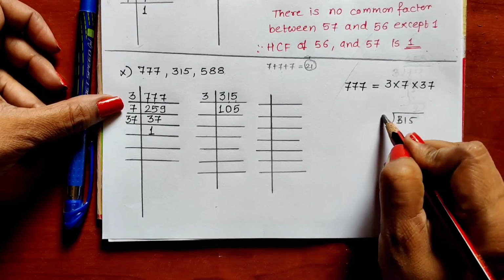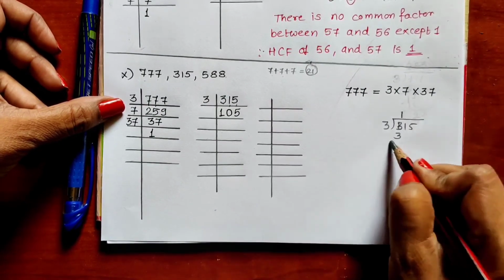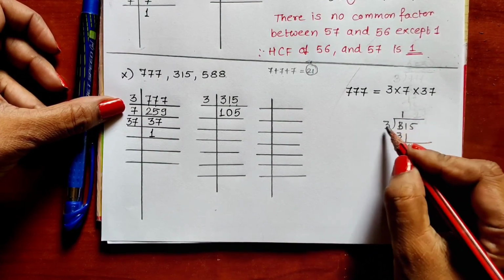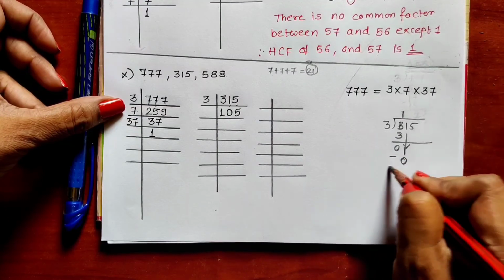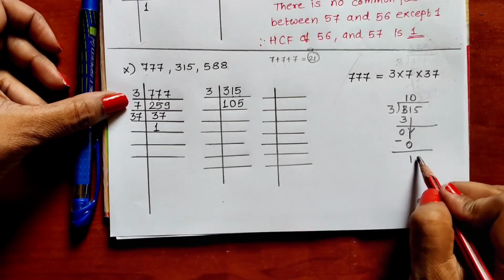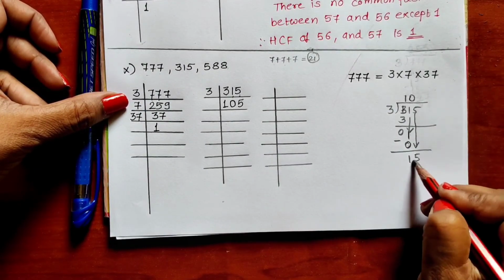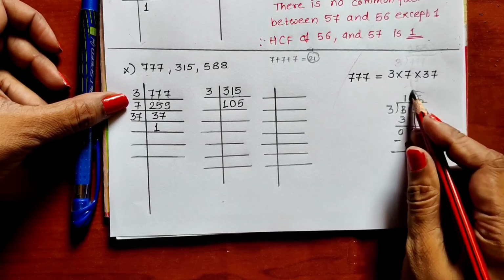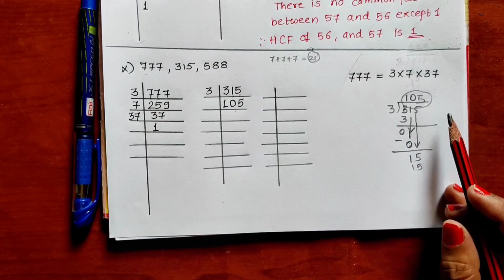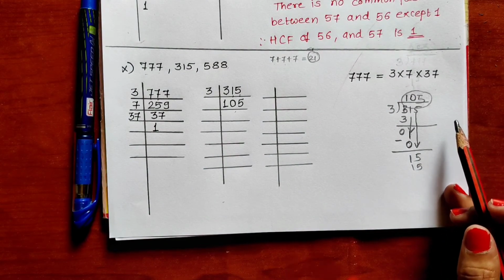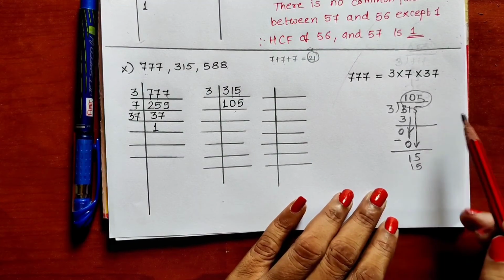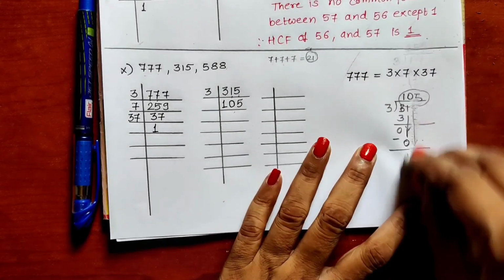315 divided by 3. 3 ones are 3. Now we put down this 1 below. Okay, 3 minus 3, 0, and this 1. 1 is smaller than 3. That's why we have to put 0 first. And then 1 minus 0, 1. 3 zeros are 0. We have to write here. Then we have to put down this 5. 3 5s are 15. In this way we have got 105 here, and this 105 we have to write here. So while doing it orally in mind also, you have to be very careful, because we write one number at one time in one step. Okay, so let me rub it out now.